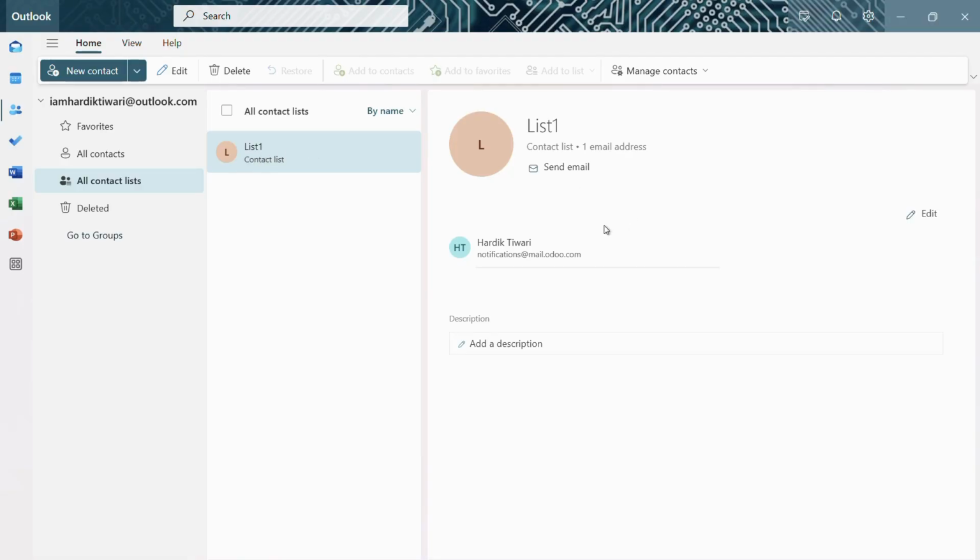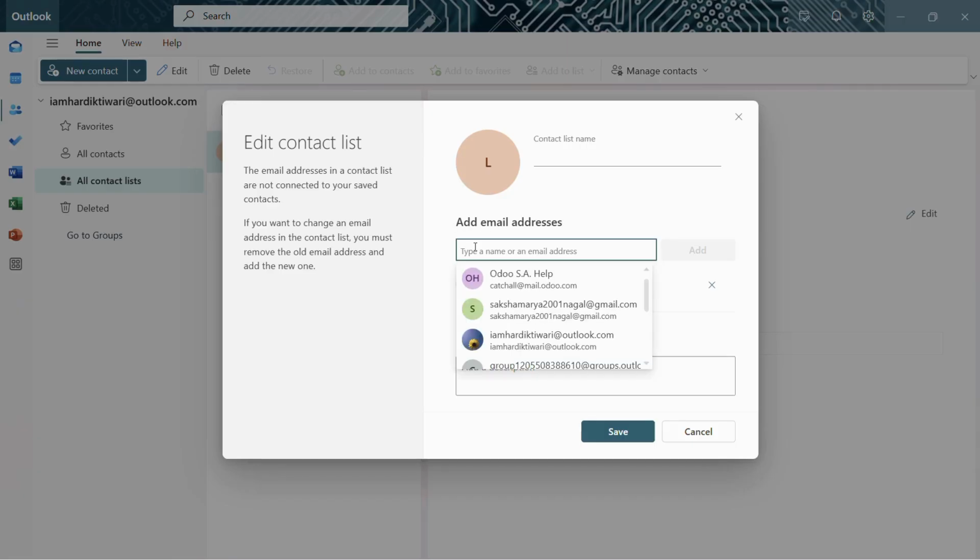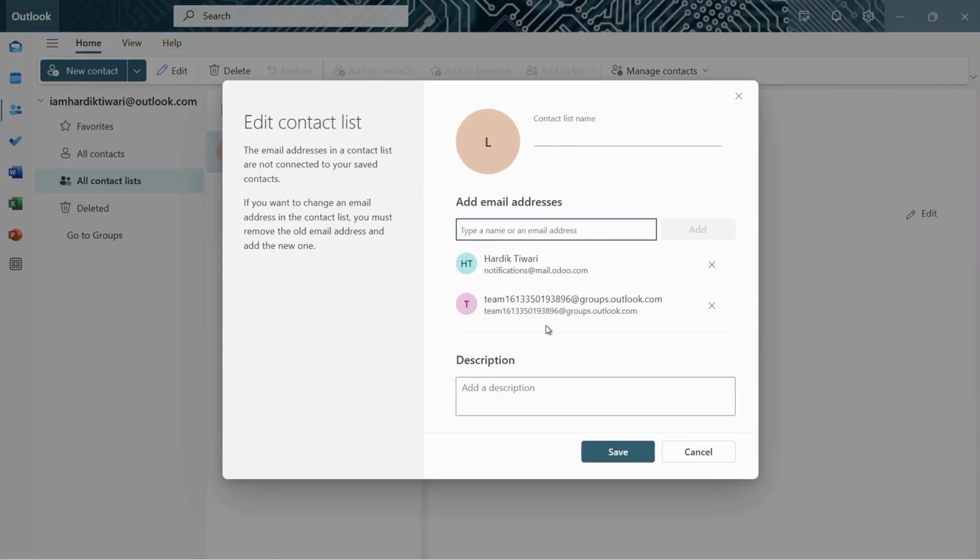So I will select it and over to this particular section I have this edit button. So click onto this edit button and from here you can see that this option that says add email addresses. So in case you want to add more email addresses to this list, you can simply type in their name or address. So for example, let's say I have typed in this particular address like this,